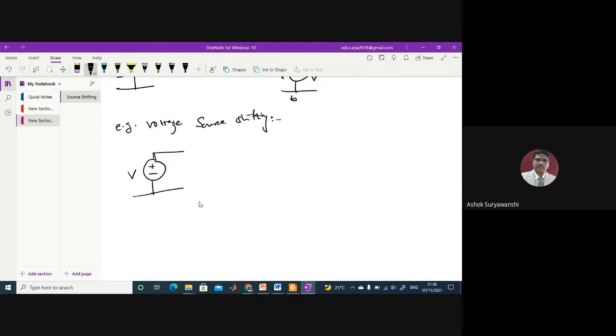Now it does not have a series resistance, but ahead of this source there are parallel branches like this, and say for example this is connected to some other branch here. Suppose these are your R1, R2, and R3, or it may happen that there can be separate branches also. Here I will draw this voltage source, and suppose there is one branch here, another branch here, and another branch here, and then these branches are meeting other branches in the circuit.